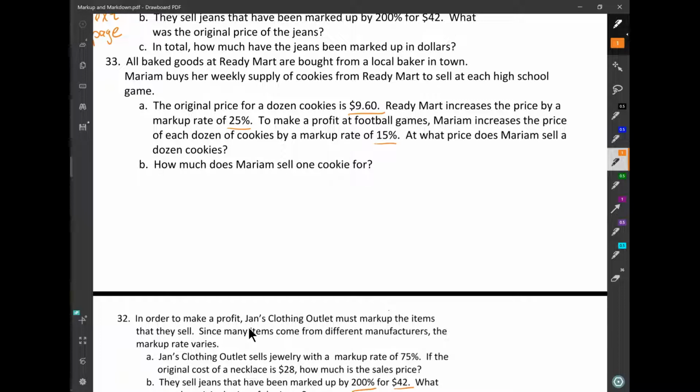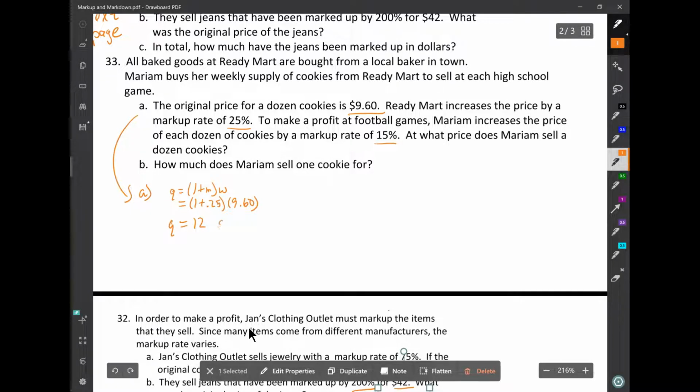All right, so it's like 2 markup problems in one, really. So we'll do A right here. She buys it from the Ready Mart, and she has to pay the sales price that Ready Mart charges her. We have to figure out what that is first. So the sales price is Q. The markup is 25%, or 0.25 for M right here. And the original cost is $9.60. So a 25% markup of $9.60 is $12. So she buys them. She pays $12